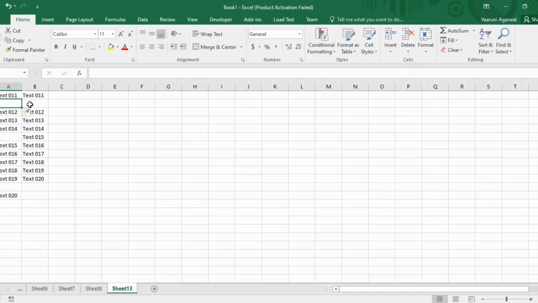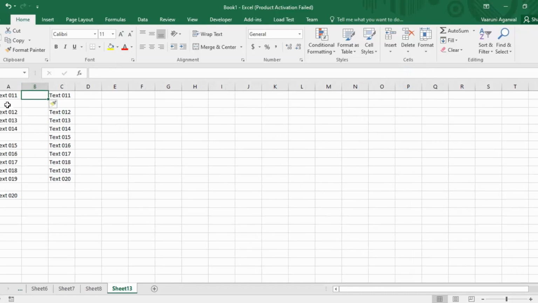Now what happens if I want to insert a brand new column? Let's take B as an example this time. I go to the Insert option and I select Insert Sheet Columns.